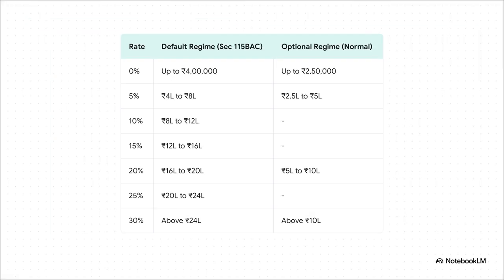And here's what that choice looks like in real numbers. Take a look. With the default regime on the left, see how the tax rates or slabs go up gradually? You don't even hit the top 30% tax bracket until your income is over 15 lakh rupees. Now glance over to the optional regime on the right. Whoa! You hit that same 30% tax rate much sooner, once your income crosses 10 lakh. This is exactly why it's such a critical decision. If you have a lot of deductions you can claim, that optional path on the right might still end up saving you more money, even with the higher rates.